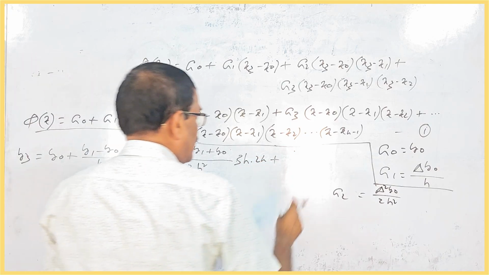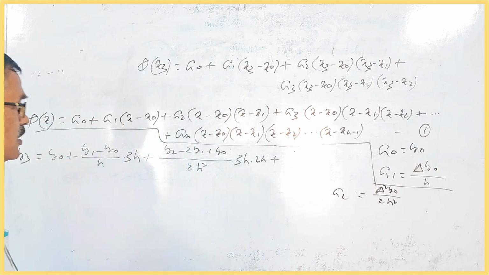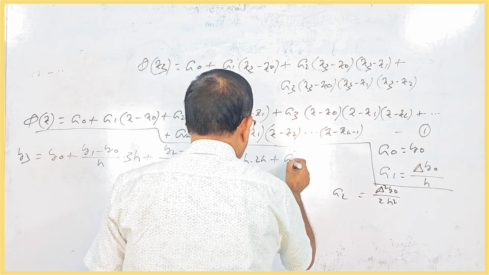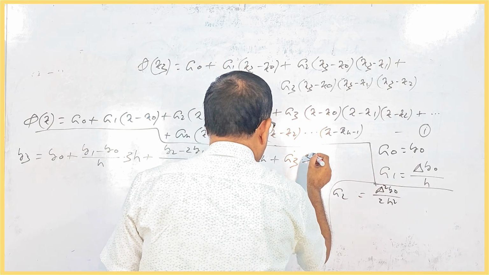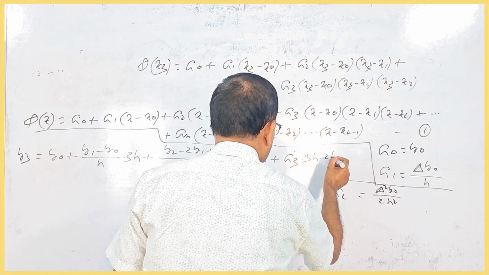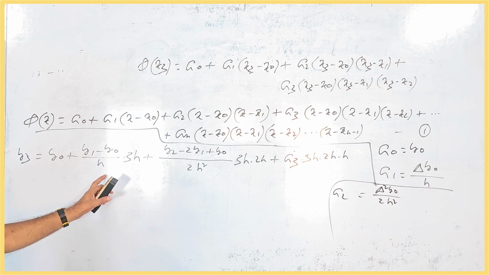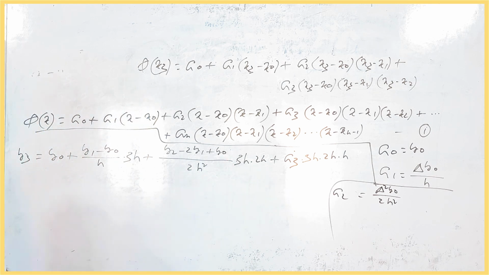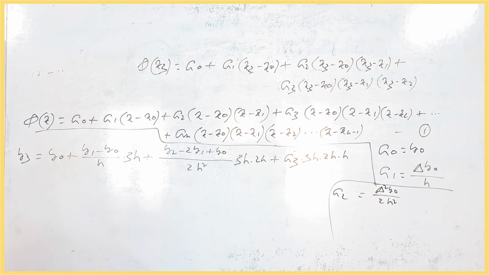Plus I am coming to this term A3, multiplied by 3h, 2h and h. Now these h and h are cancelled. Similarly, h square, there are 2h, so this is cancelled. And similarly this 2 is also cancelled. So after simplification, we'll get